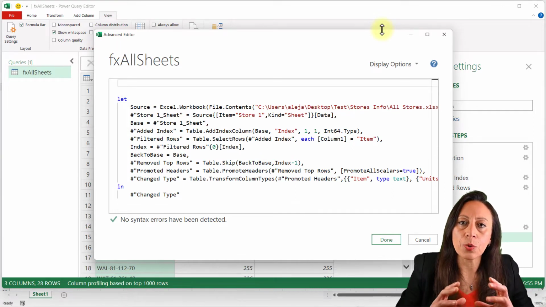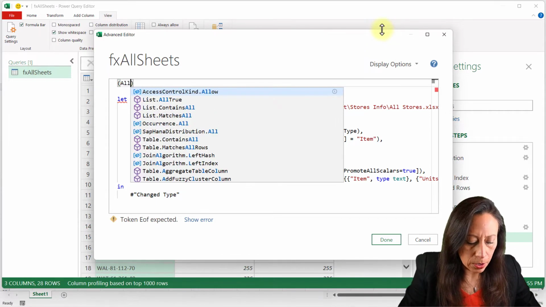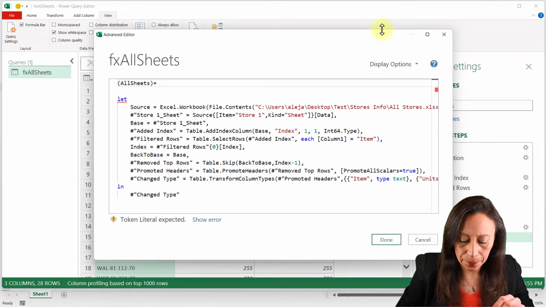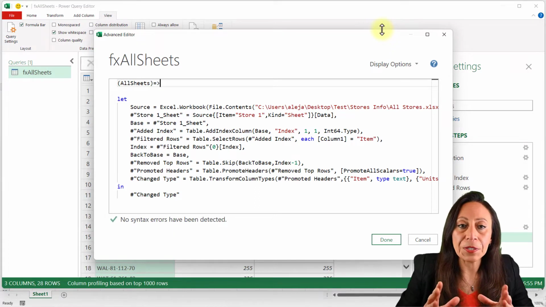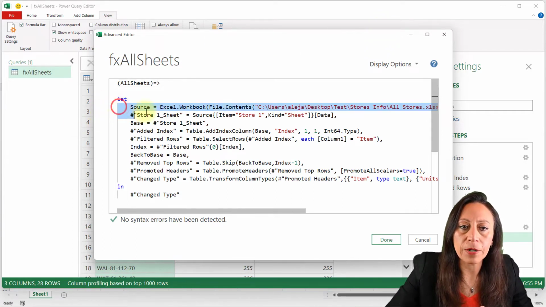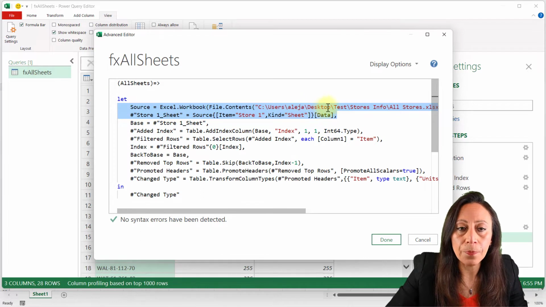To transform this to a function, I need to start by opening a parenthesis. This will be all sheets. After the parenthesis, I need to say equal, higher than. Now, this is telling Power Query that this will be a function. For my function, I don't want to perform the first 2 steps. I don't need my function to do that. I will select those 2, delete it,